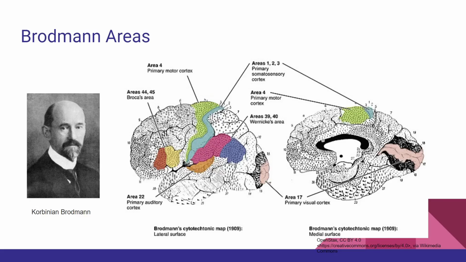Things like Broca's area, where damage to that can cause aphasia or difficulty producing speech, and Wernicke's area, which once again, damage to it can cause aphasia, but in their case, it's difficulty producing meaningful speech or comprehending other people's speech. In addition to the primary sensory areas that Brodmann's histological map helps us identify, such as primary visual area